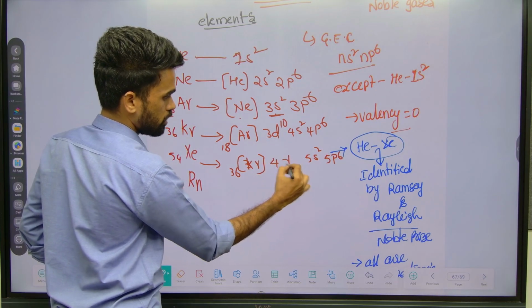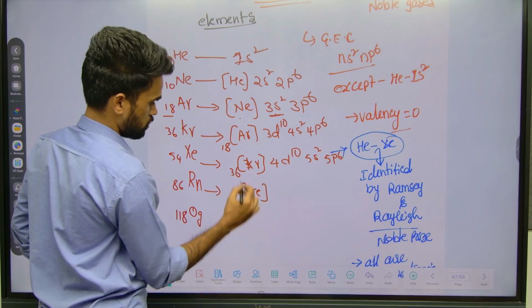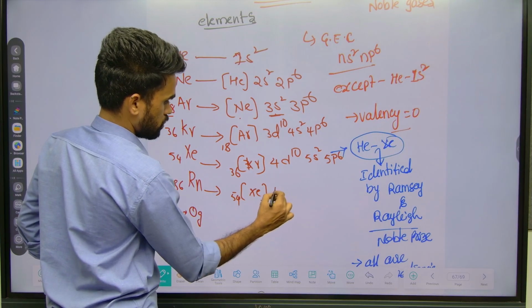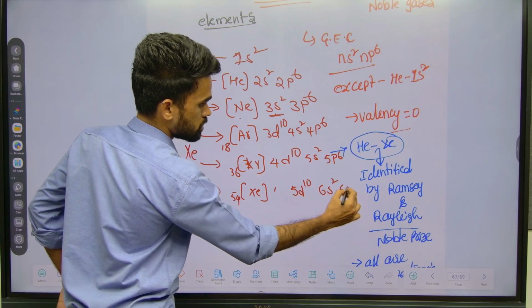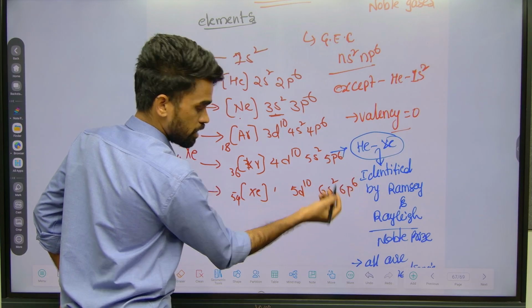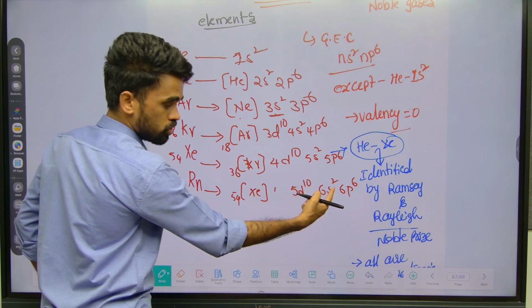Here 4d10. For this one, xenon, 5d10, 6s2, 6p6. Inside, if you count, 60, 72, inside